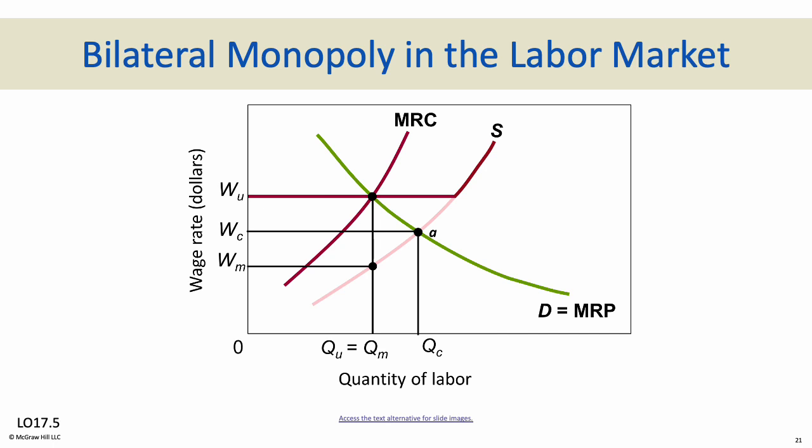So that's what we're looking at here in the graph of the bilateral monopoly labor market. We can see the different forces at work. Which force wins out cannot be predicted by economic theory. It's once again subjective. This situation may be more desirable as the most likely outcome is a higher wage rate than under pure competition, but more workers are employed than under monopsonistic competition. So once again, it's indeterminate which has more power, the organization or the union, and it is subjective. That's what we're looking at in this chart right here.